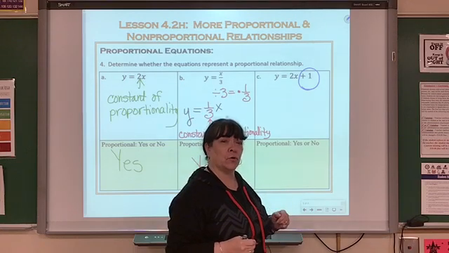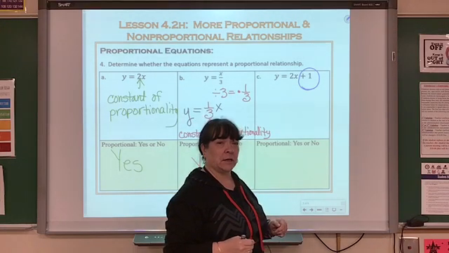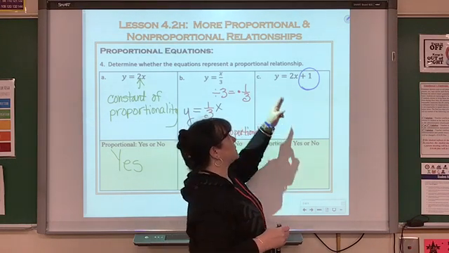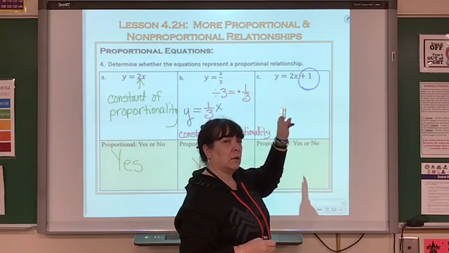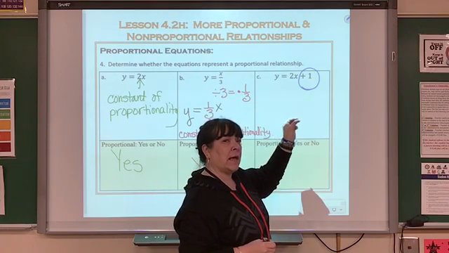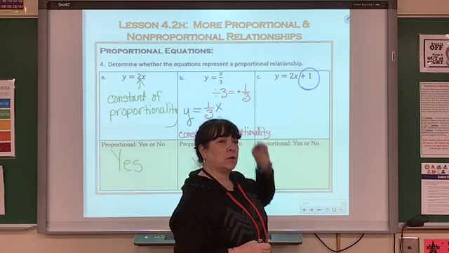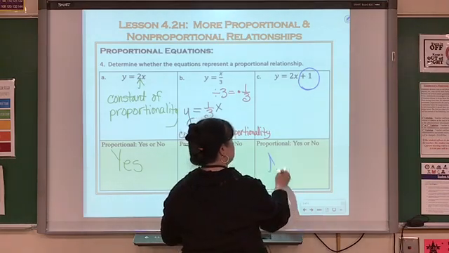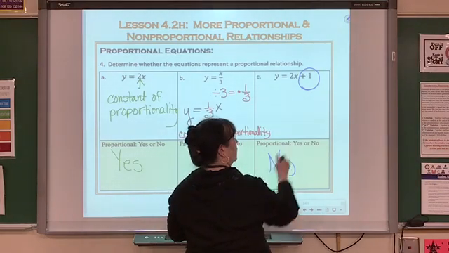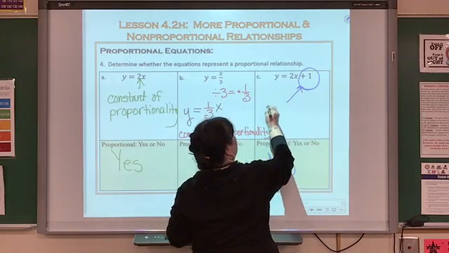It won't go through the origin. If I replace x with 0, y wouldn't be 0. I don't have a proportional relationship here. This is a no. It can't be proportional